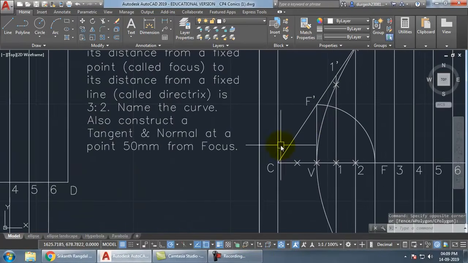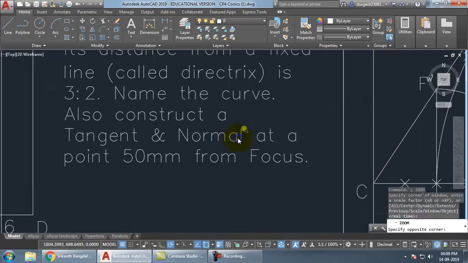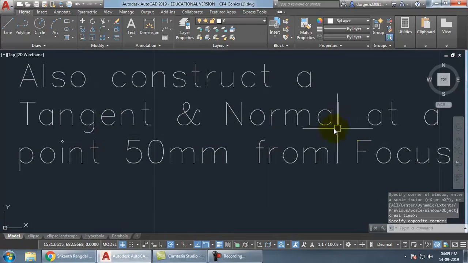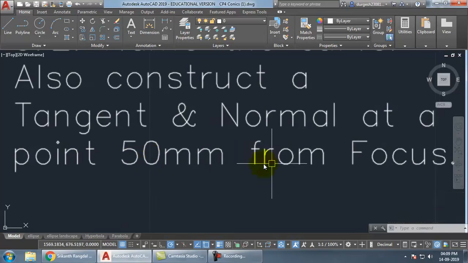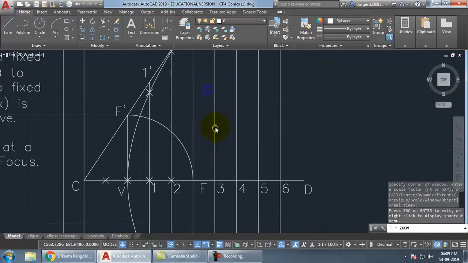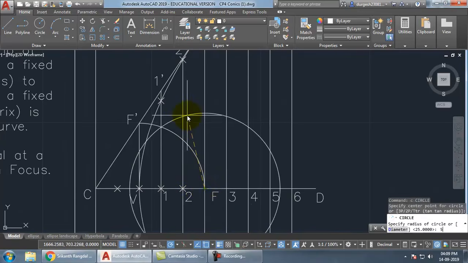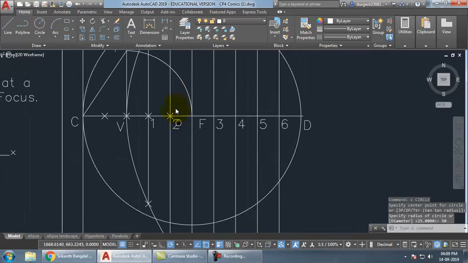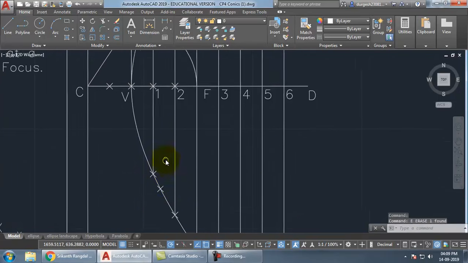Okay, so to draw tangent and normal, you'll have to take this last sentence into account. We need a tangent and normal at a point which is on the curve, of course, and it should be 50 mm from the focus. So in order to do that, what you'll have to do is you'll have to create a circle from focus of radius 50 mm, and wherever this circle is intersecting our curve, that's the point where we want to create